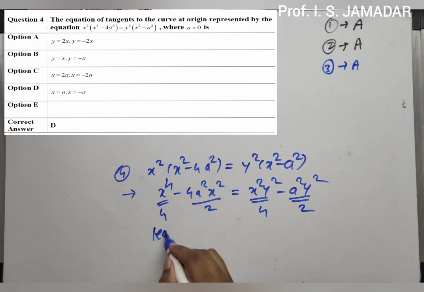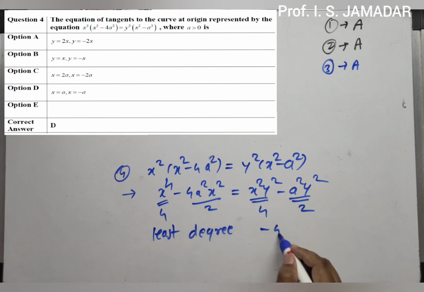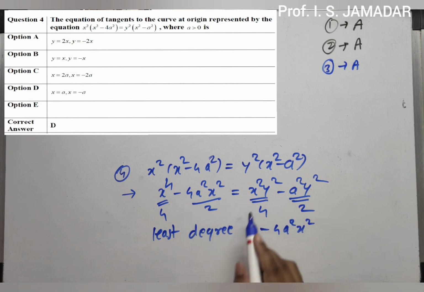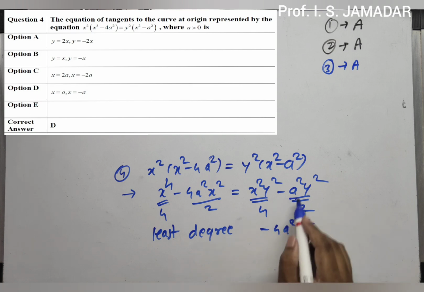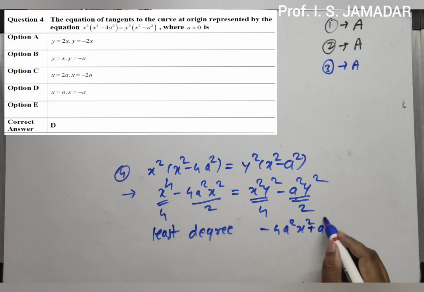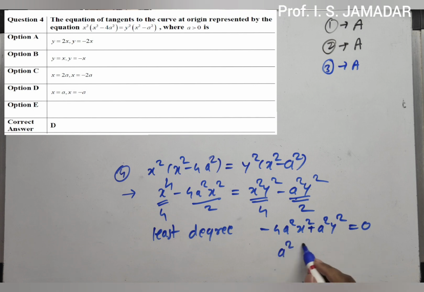So least degree term is what? Least degree term is this, minus 4a²x², and this we have to consider, sorry, this is degree 2, that is, if we shift this it will become plus a²y². Equate this least degree term to 0. So a² common, so what remains in the bracket? y² minus 4x². So that implies y² minus 4x² equal to 0, that is y² is equal to 4x²,